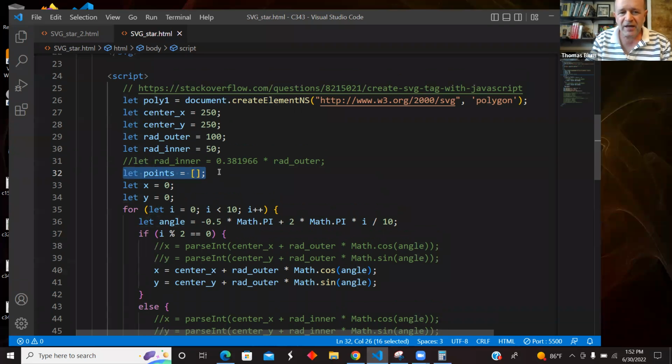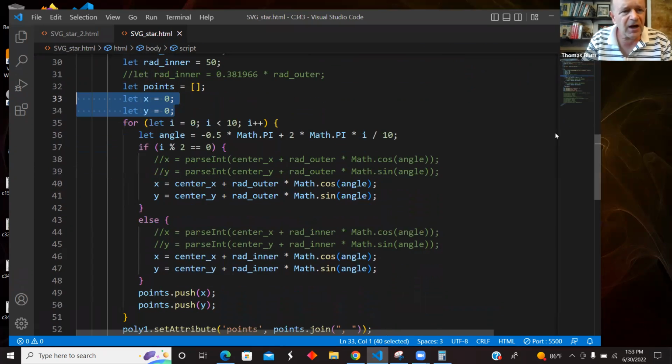I have an array of points, empty at this stage. And I am going to make each point X and Y. I just started off at 0. I'm not going to use those 0 values, but I assigned some value to start off with. Then I start on my for loop, starting at 0 and going up to, not including, 10. So I will have 10 points,